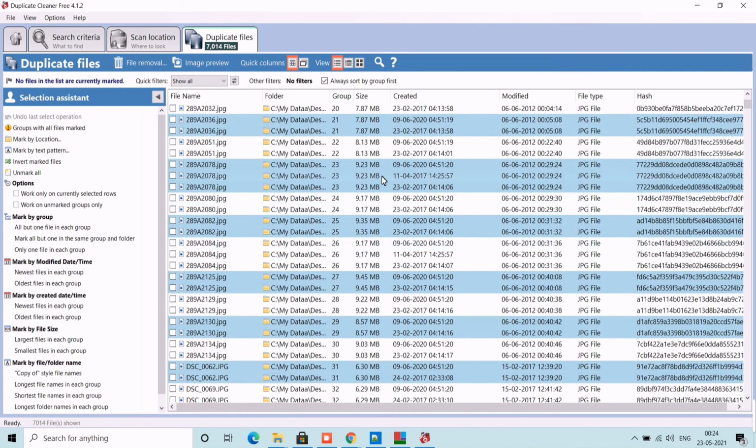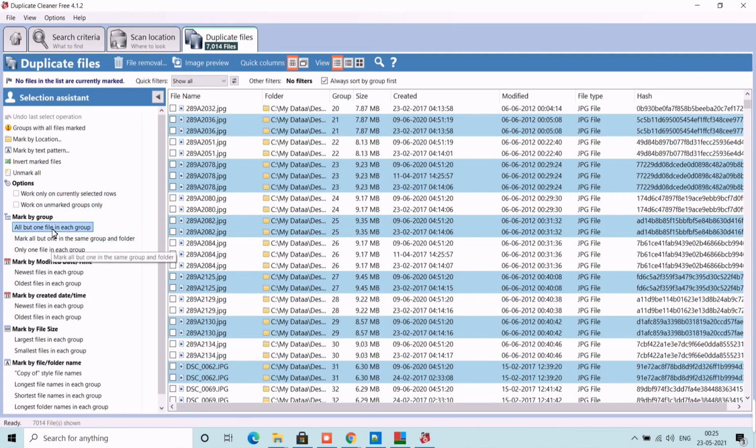You can manually select the files that need to be deleted, or you can use the filters available on the left side. I'll try to read the options available for better understanding. You can also mark by pattern or location or by groups, leaving one file in each group.